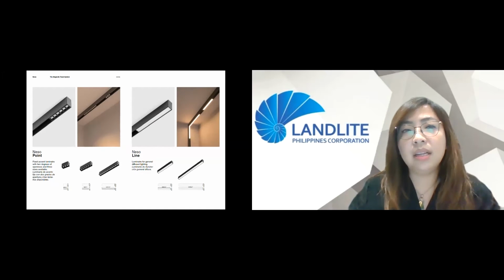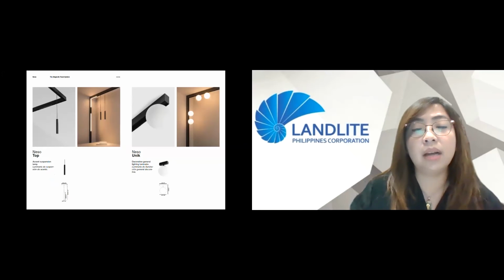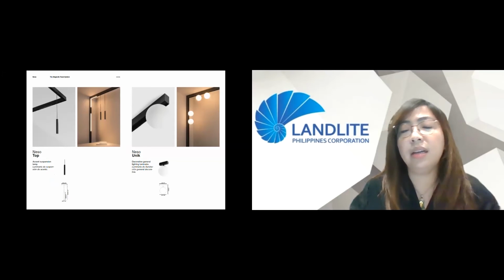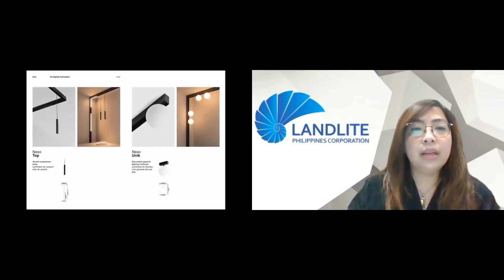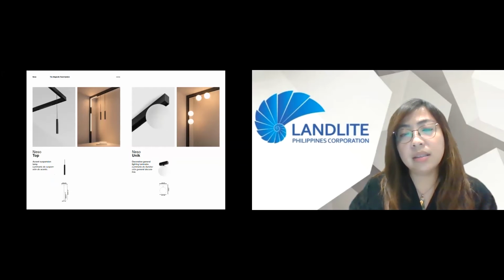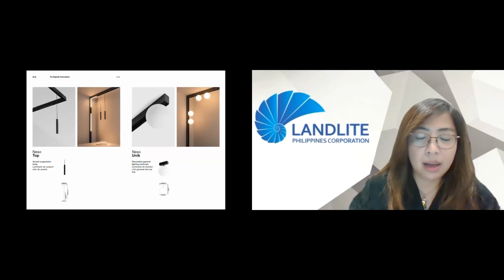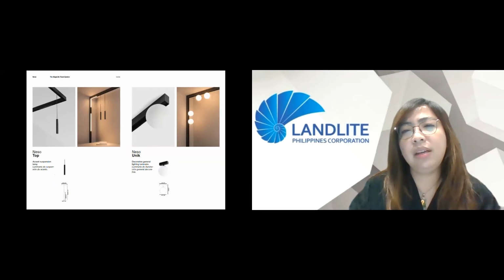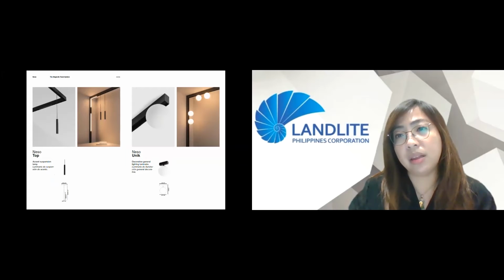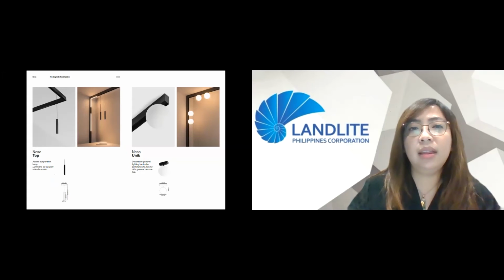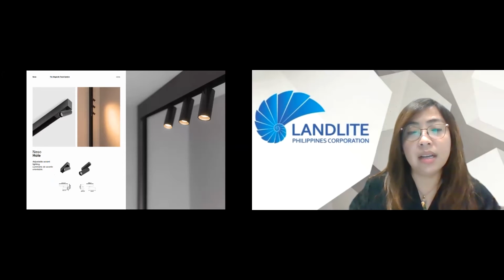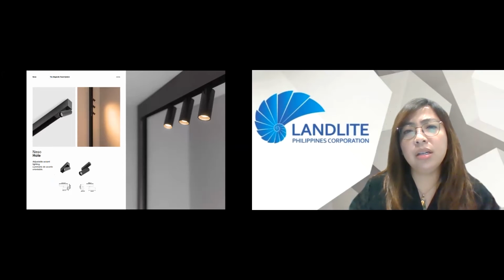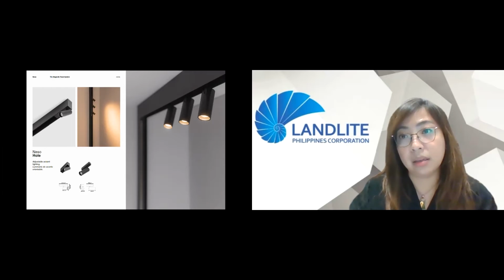Okay. The next fixtures are the top or the pendant, and then the unique. Okay. So, the top is an accent suspension lamp, like a pendant, where you have something you really want to focus on, right? And then the unique is more of a decorative general lighting. Right? And then next would be what they call the NESO hole. It also has 2 wattages with 2 different beam angles, right? So